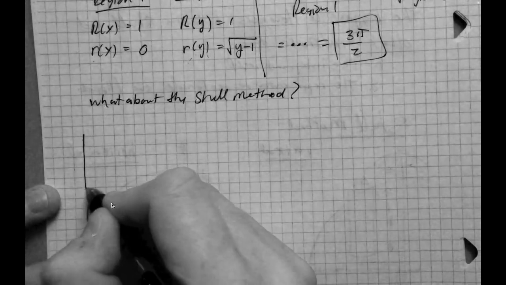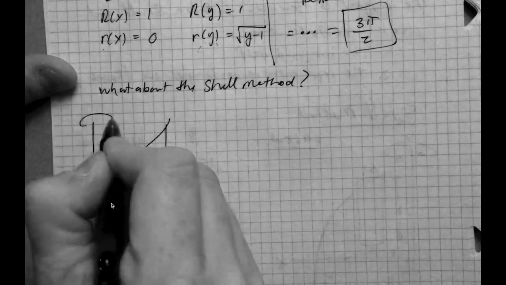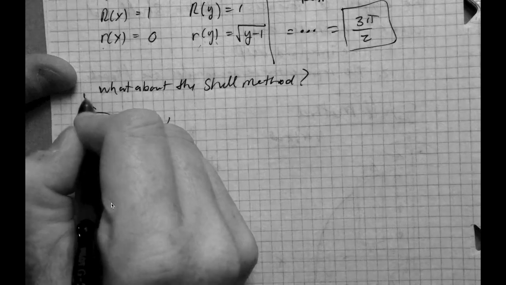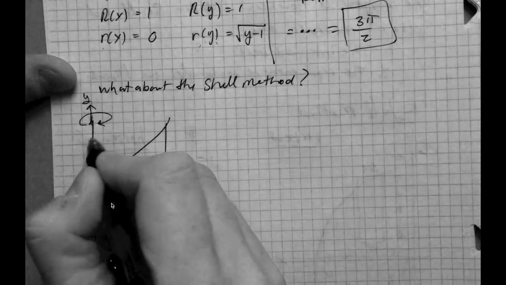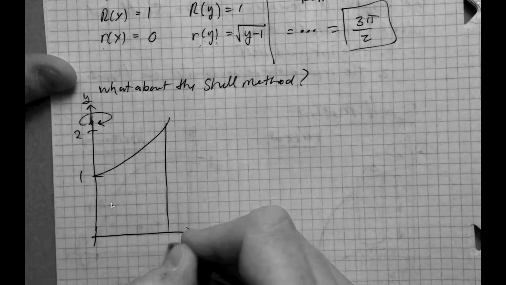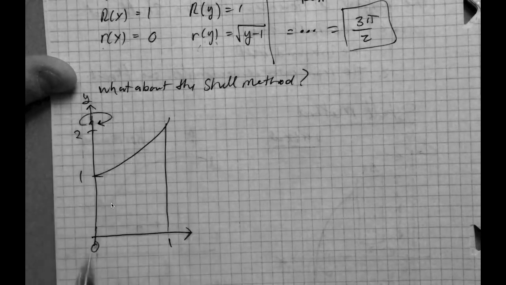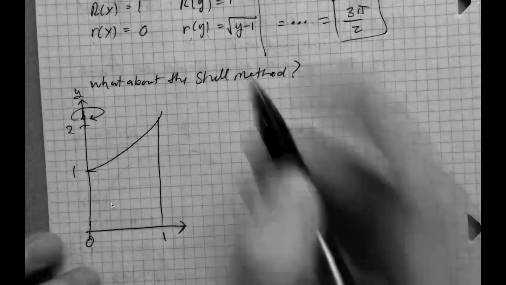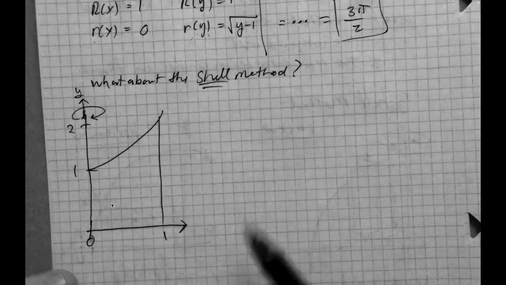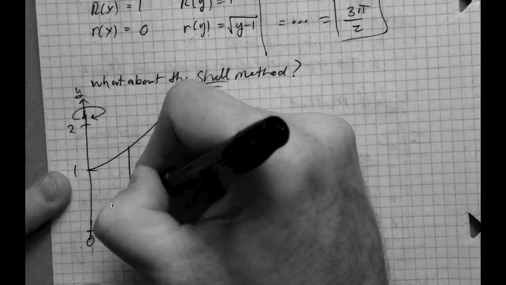Okay, so we've got, again, same situation, rotating around the y-axis, right? So we've got, this is 1, this is 2, and this is 1, and this is 0, right? And this is the region, and then we're rotating around the x-axis. Or sorry, around the y-axis. Same as above, right? Just kind of drawn differently. Now, if we're using the shell method, then the representative rectangles are parallel to the axis of rotation. That means they do this instead,